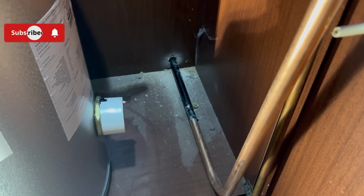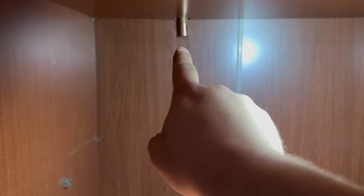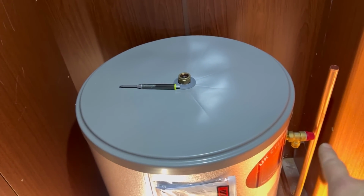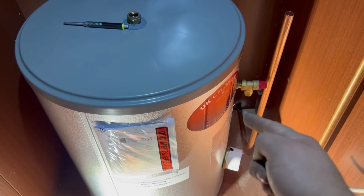Anyway, let's push this through and just crack on. This one here, I want to go down to the bottom and then pull a bend, right? So that I can get to it from there, basically. And you can see it down here. That's the one that I need to go on to. So what I need to do is pull a nice bend. So I need to measure that, pull that, put it in, and then we can...